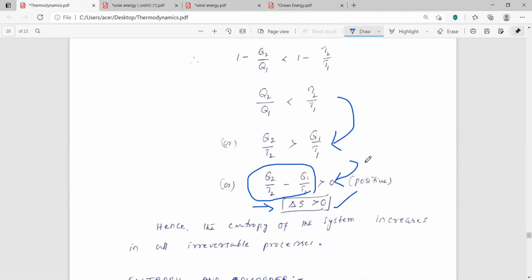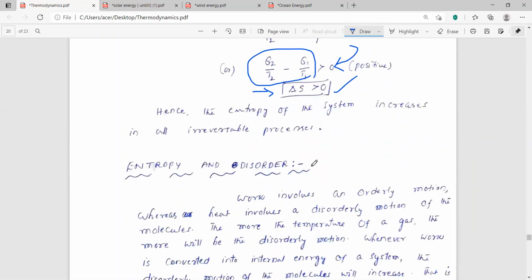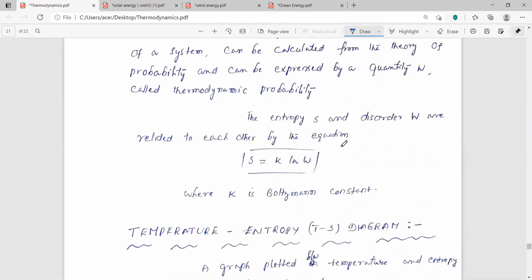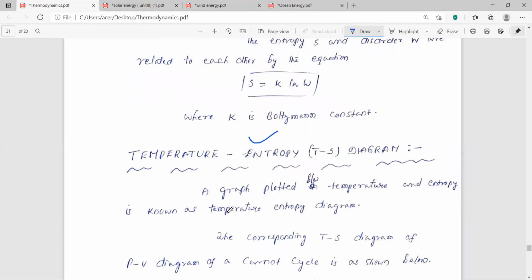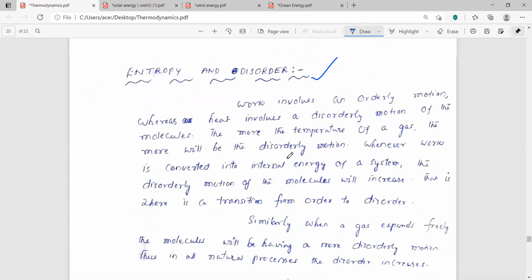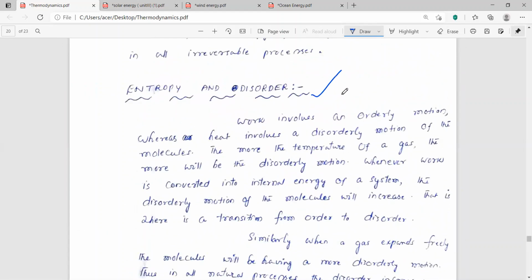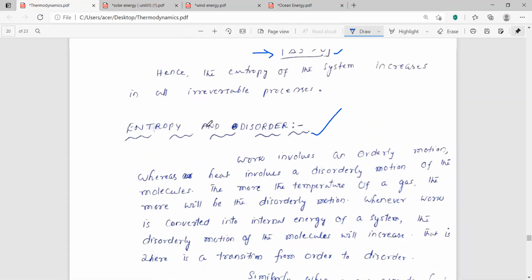So these are the topics we have covered in the previous class. Now we can see what is entropy and disorder, and what is the TS diagram, that means the temperature entropy diagram. So what is entropy? As you well know, the thermal property which remains constant during the adiabatic process is called entropy. So from this topic, we can say that entropy is a measure of